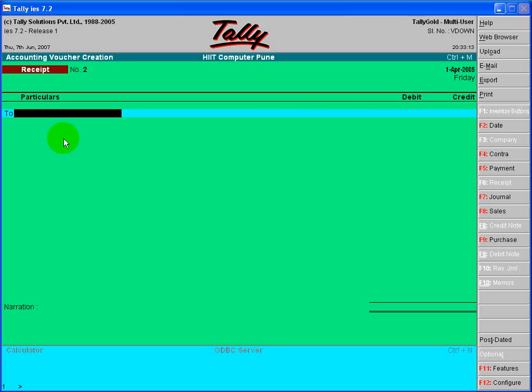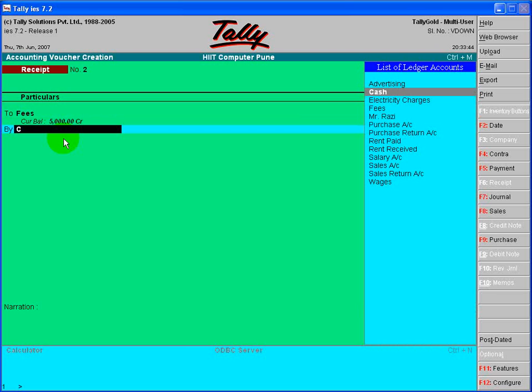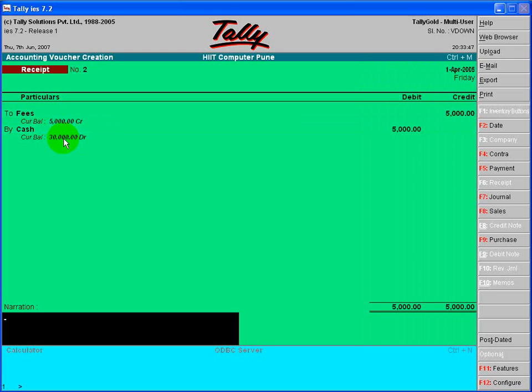Now, all ledger entries related to incomes received will be entered under receipt, and the amounts which are expenses, those entries will be under payment. See, we have created a fees account, so fees will be in F6 receipt. Just select F. See here, the fees ledger. Suppose 5,000. Enter. Press enter and select cash once again. Enter. Narration: being cash received by Anil